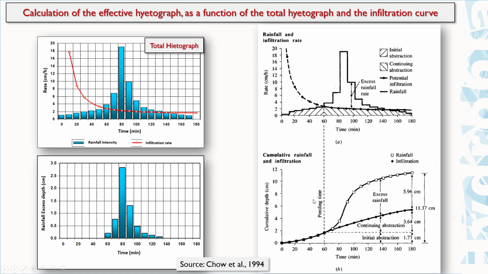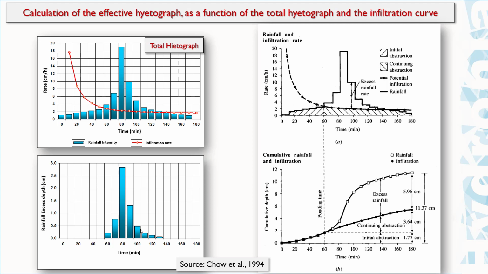If you accumulate these values, we're going to have the initial abstraction, then the continuing abstraction, and the difference between the cumulative total precipitation and this continuing abstraction plus the initial abstraction, we are going to define as the cumulative excess of rainfall. And then using this cumulative excess of rainfall, we can obtain the incremental excess of rainfall, and the incremental is going to be this figure that we have here. And that's the information that we have to give to the